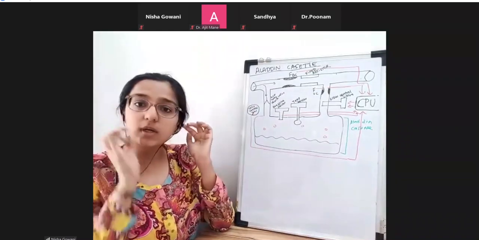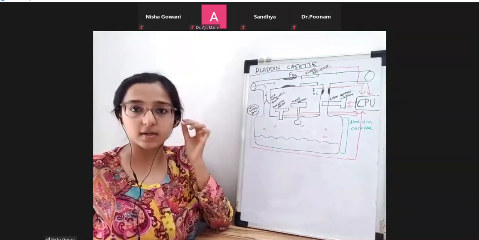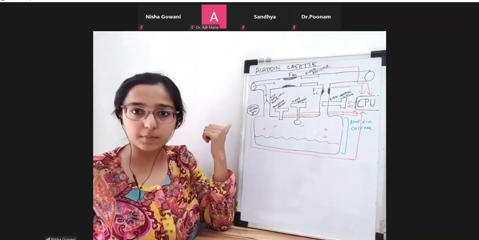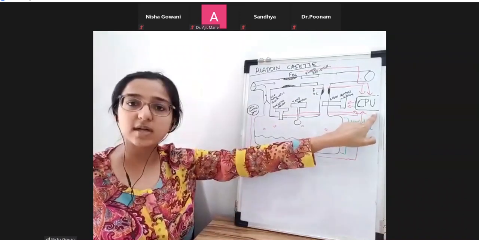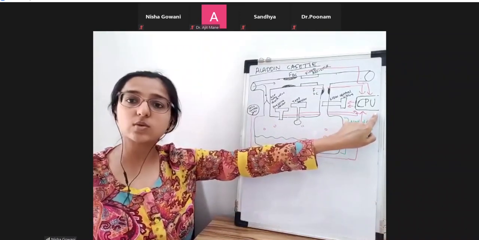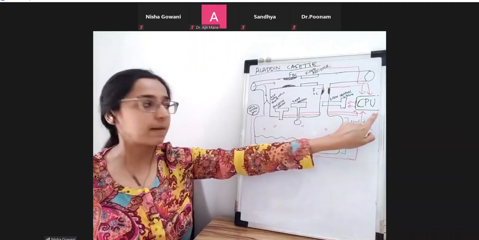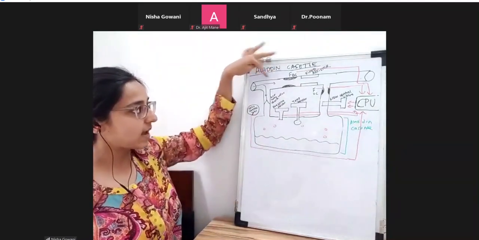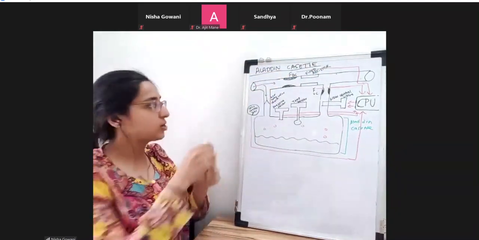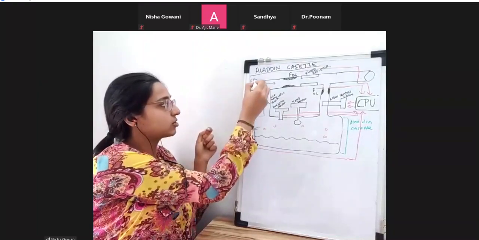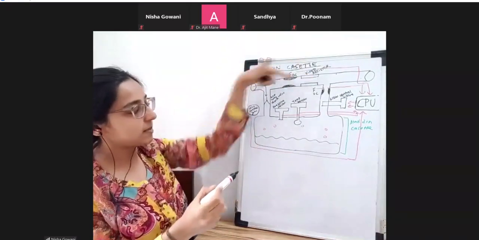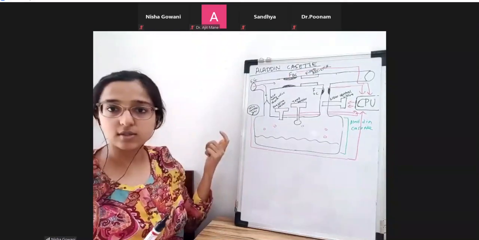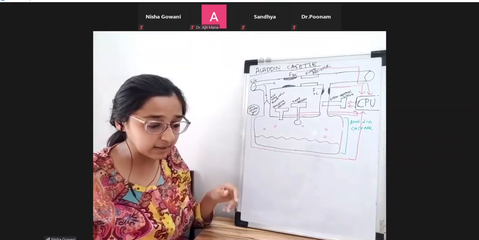It is a computer controlled variable bypass vaporizer. Unlike the others, which are not computer controlled, this has a CPU, a central processing unit. Therefore, this is known as a computer controlled variable bypass. Why variable bypass? Because I have a bypass chamber here. Fresh gas enters from here. This is the bypass chamber, and this is the vaporizing chamber. The structure is the same as a variable bypass, right?